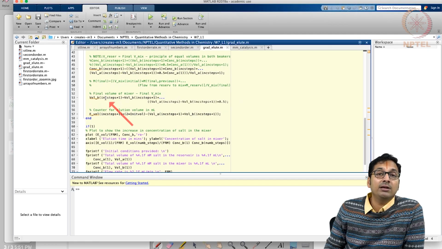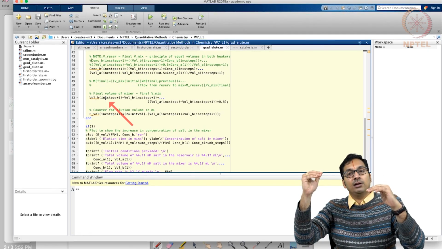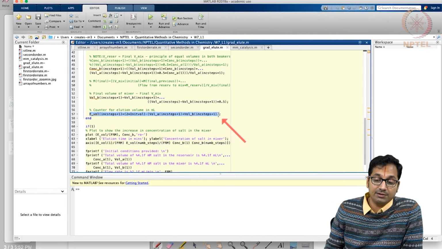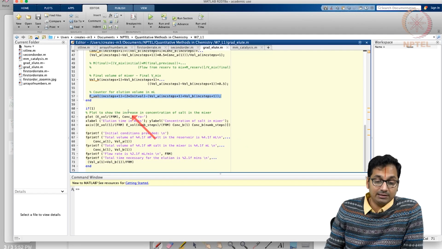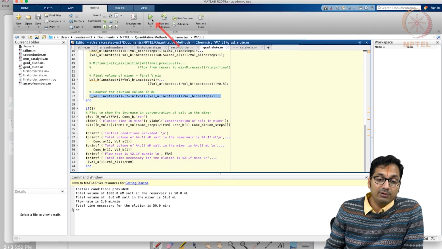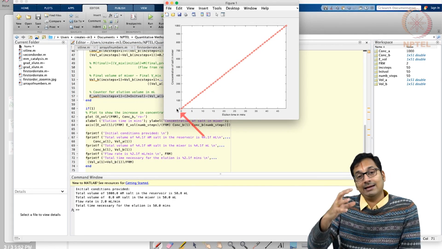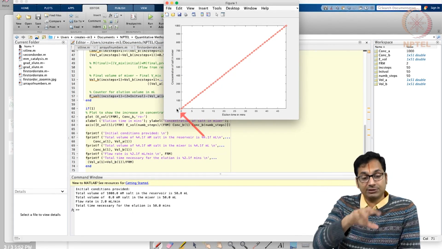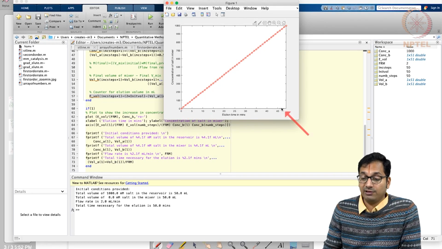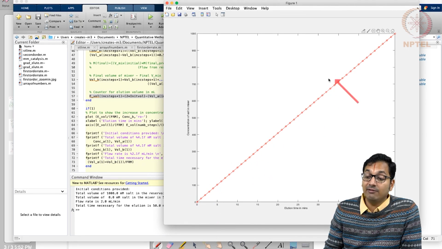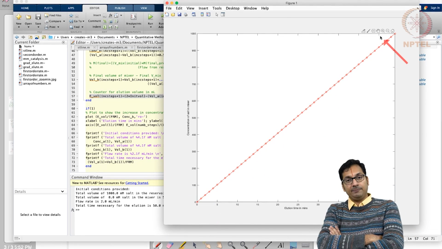After having done that, you want to increment the volume, so 1 ml gets added in the reservoir B, so 48 becomes 49, and then you are calculating the concentration of the eluent, and the next step that you are doing is to plot it. So why don't we quickly run this simulation? What you are able to realize is that the concentration that comes out of the elution, assuming no diffusion and all the other assumptions that have gone in, as a function of time, goes from 0 to 50 minutes. Let me make this a little bigger. And in the elution time, you nicely have a linear gradient that comes out of it, right?